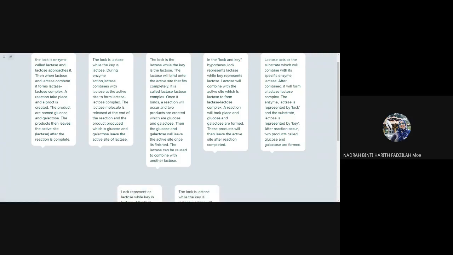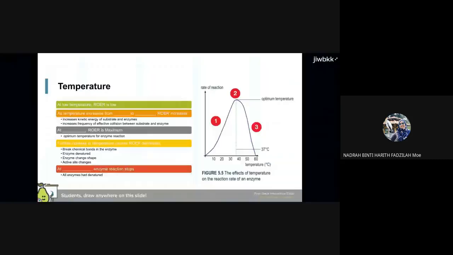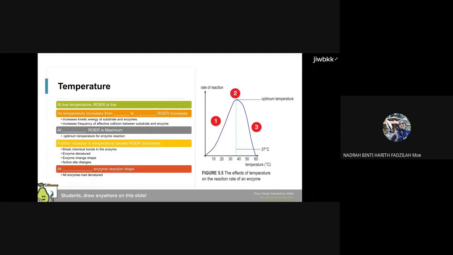Okey, sekarang ni kita bergerak kepada factors affecting enzyme reaction. Okey, kita mula yang paling tough dulu, iaitu paling panjang, iaitu temperature. The first factor is temperature. Okay, so saya ada tulis short form kat situ, ROER, sebab ROER represents rate of enzyme reaction. Kalau kamu nak tulis rate of reaction juga pun betul, sebab